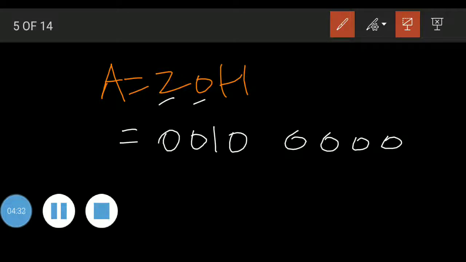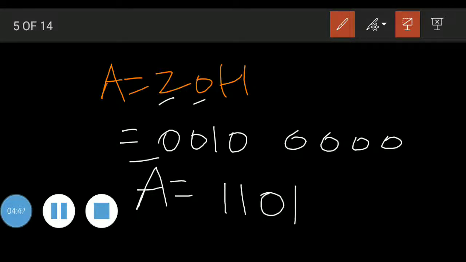Now when complement acts on it, 0 0 will be replaced by 1 1, 1 will be changed into 0, and this 0 to 1, and the last 4 digits will be replaced by 1 1 1 1. Wherever there is 0, it will be changed into 1.